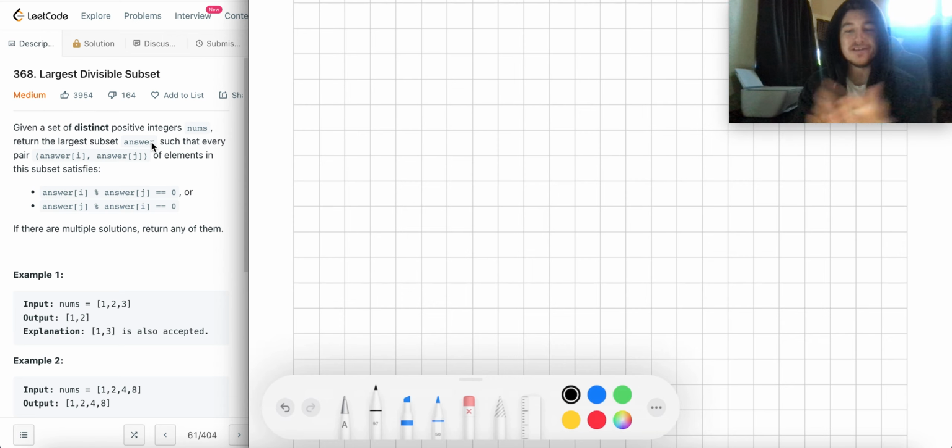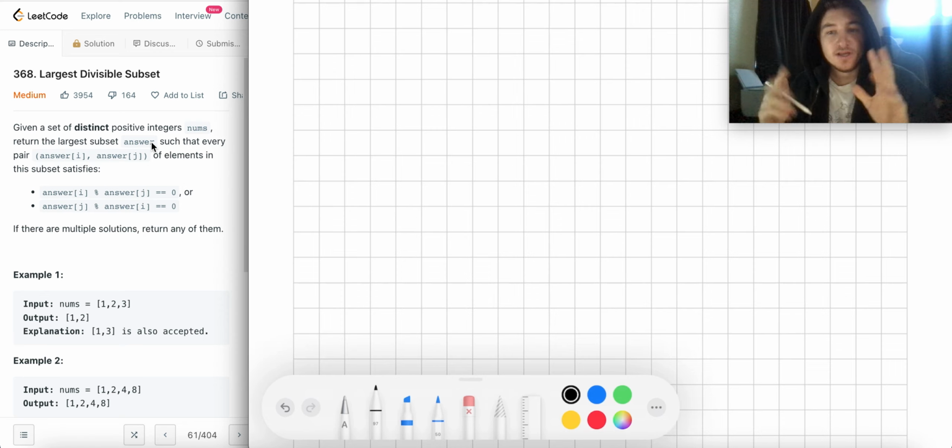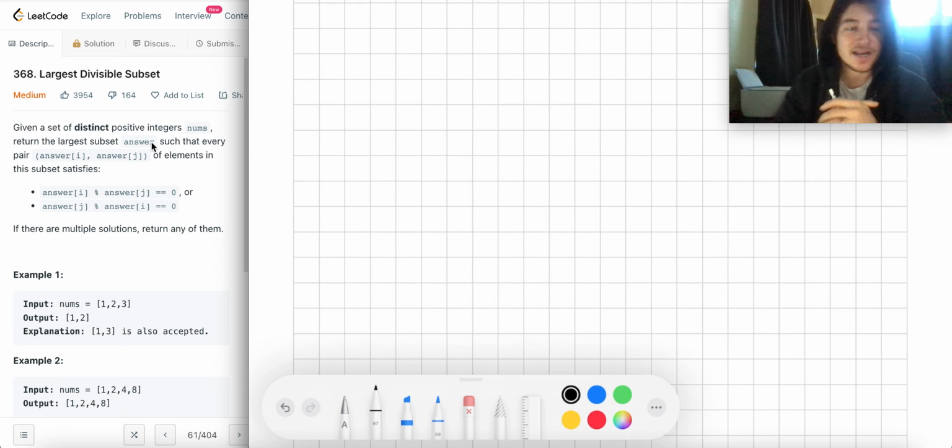This problem is so difficult that it makes it difficult to communicate with you guys on the other side of this screen. But let's go ahead and try to get right into it. So for full